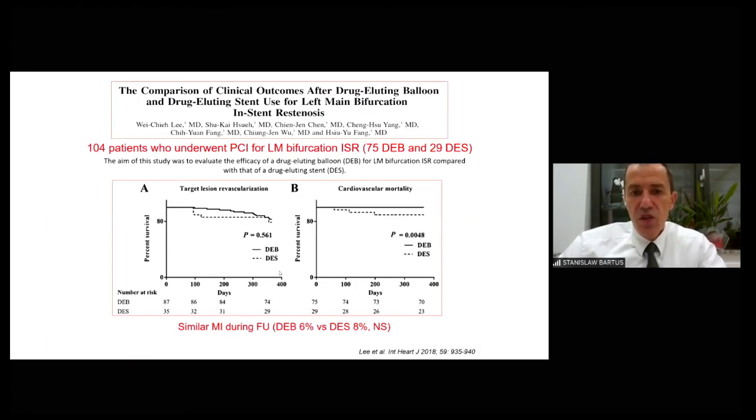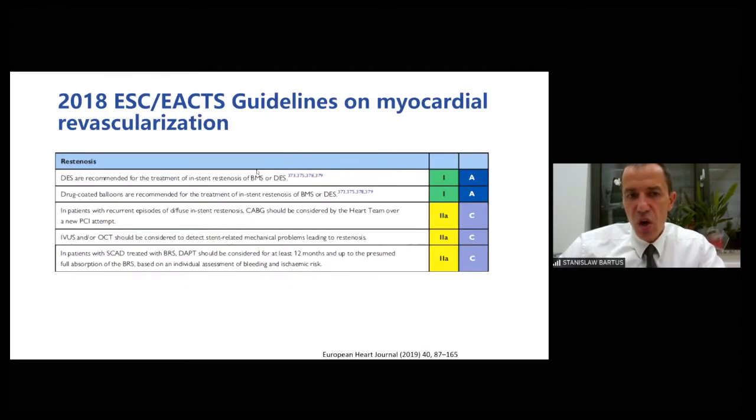And this study is showing only that the concept of using an additional stent in the restenosis of the left main is a bad concept, because you are making only a stent sandwich, and this concept was showing that these patients are dying if you put an additional stent in the restenosis. So the current ESC guidelines do not recommend to use the drug-eluting